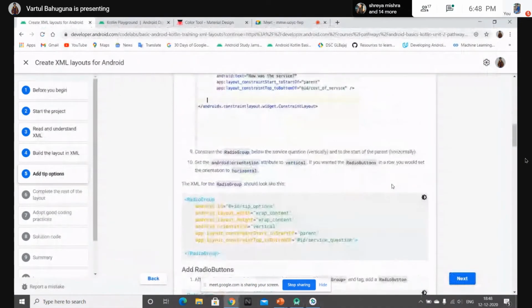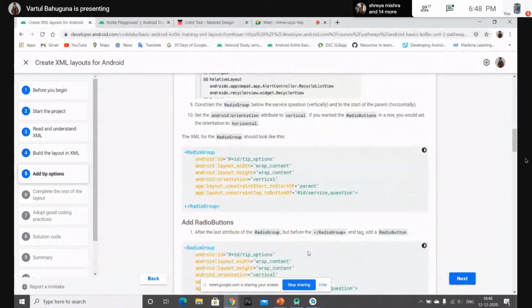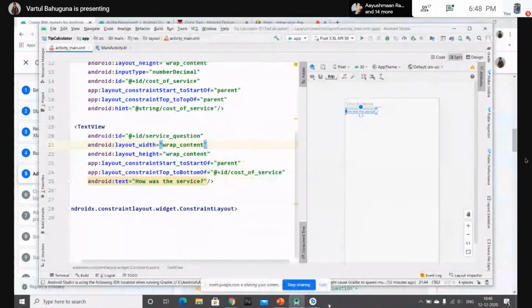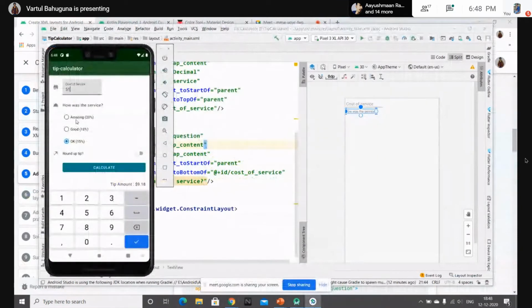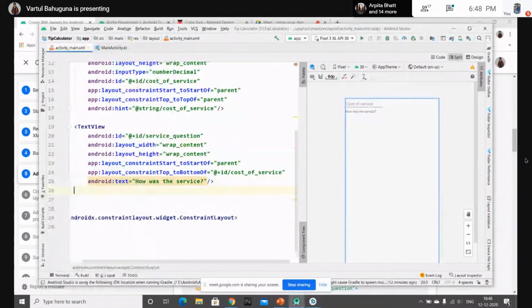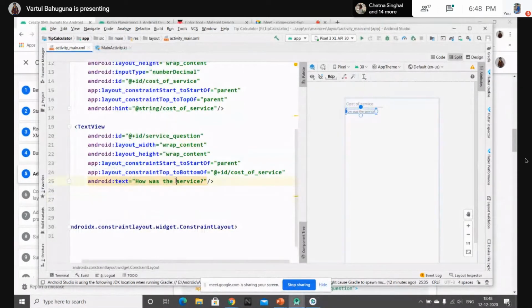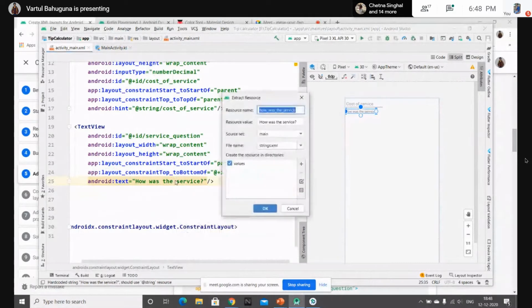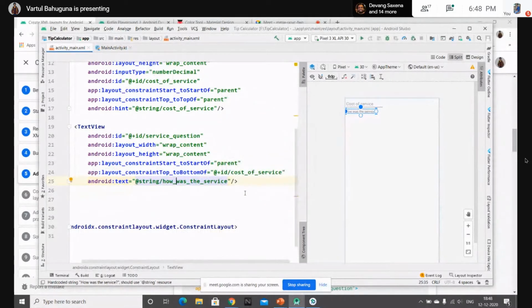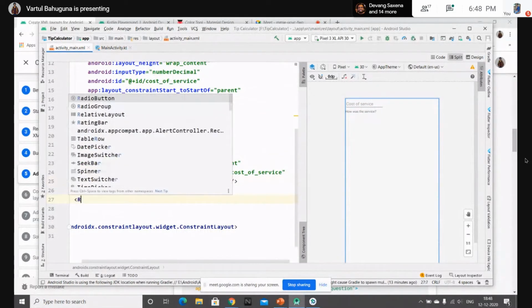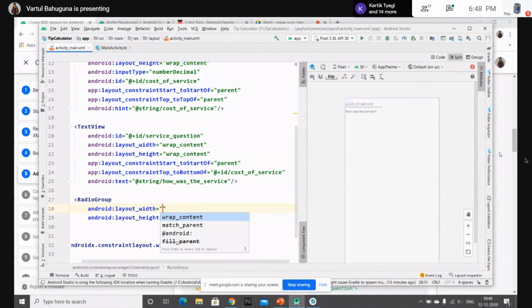Here we'll be using the attribute radio group. The radio group will be grouping all our buttons. Like we have three buttons, so the radio group would be grouping all our buttons under this. We will be grouping all our buttons under this radio group tag. First, let's also extract it from the string resource. Type radio R, and here the radio group appears. So let's look over the properties.